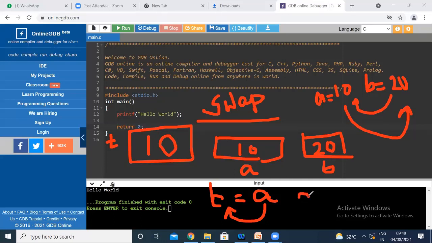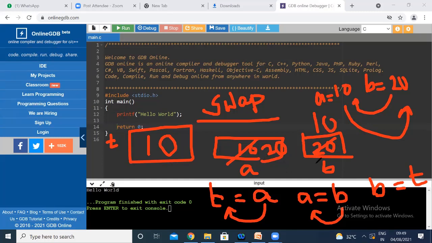Then A is equal to B. B's value is being assigned to A. Now A consists of 20. Now how to get the 10 value into B? Temp is equal to 10. B is equal to temp. So the 10 we have placed in B. Now if I try to print A and B, what values will you get? A is equal to 20 and B is equal to 10. Okay, so this is by using a third variable.